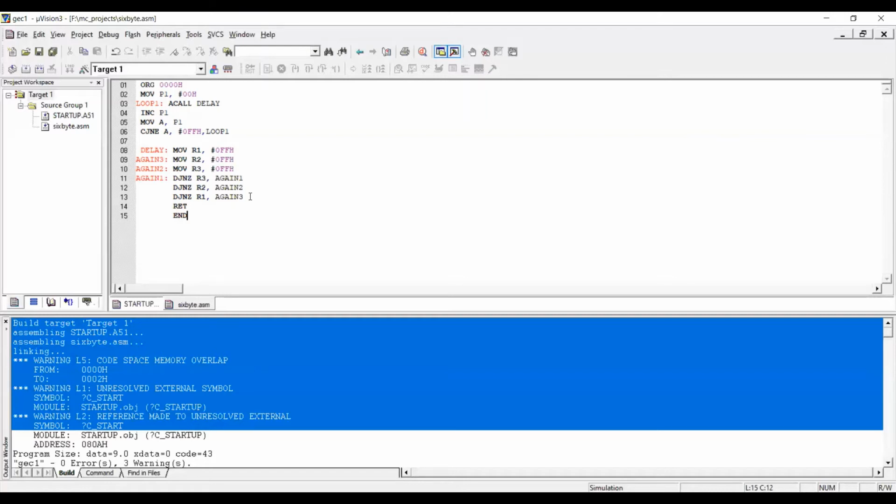So this delay is sufficient for me to see the transition from 0 to 1, 2, 3, 4, right? If the delay is very small, we can hardly see the change in the count. That's the reason I've created a delay that is sufficient to see the increase in the counts in the registers. Here we use port 1, right? This is the hexadecimal up counter.